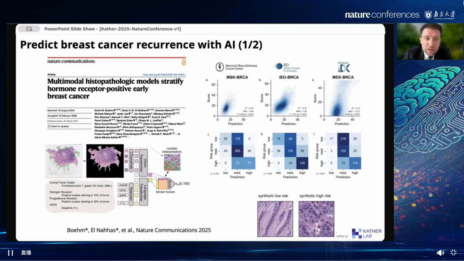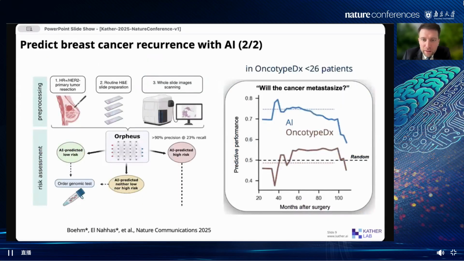And finally, together with colleagues from the United States, from Memorial Sloan, we have recently published this, where we took, in breast cancer, deep learning-based image analysis of the tumor tissue, combined it with language analysis into one single model, and then predicted the risk of relapse. And this worked very well and better than